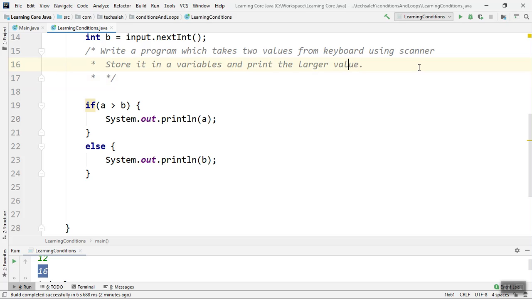Just in the sentence, only one word here: positive value. Now I can demonstrate by changing only one word in this if else or nested if else. So if I say that this is a positive value, it means that it should be greater than 0, right? And if a is greater than 0,